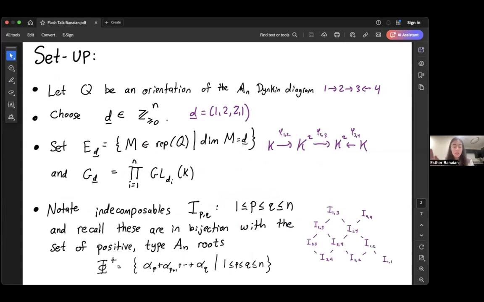So far this project's only in type A, but we'd like to extend it someday. So we'll have an orientation of an A_n Dynkin diagram, and we'll pick an n-vector of non-negative integers. You can see I have some running examples along in the purple. And then you will think about the set or variety of all representations of the quiver with that dimension vector,